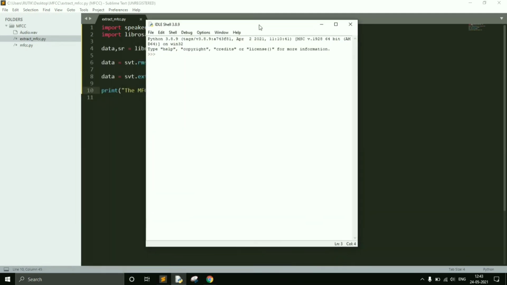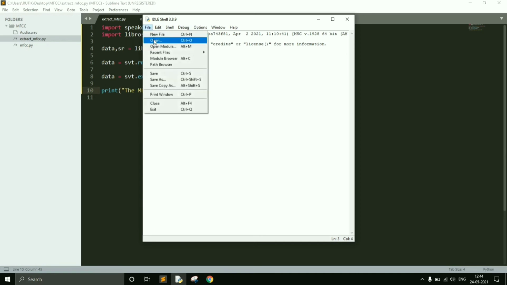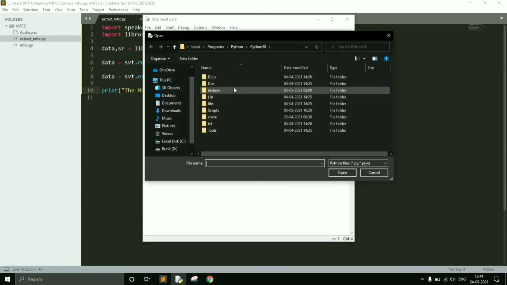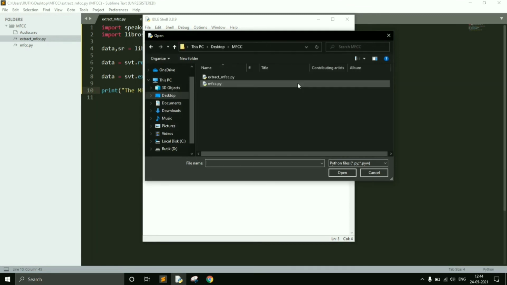I am using the Python. Ideally you can use either Visual Studio Code or PyCharm or Anaconda, whichever is available on your PC or laptop. So let's load the file, extract_mfcc.py.